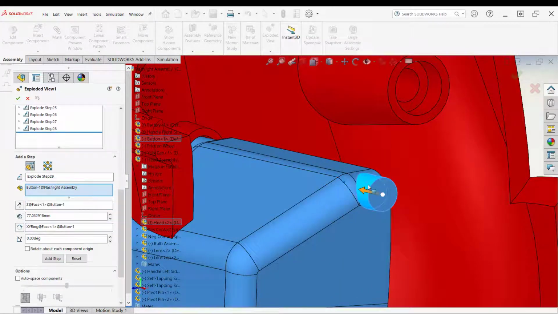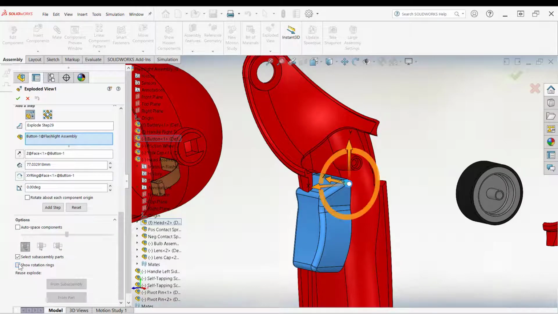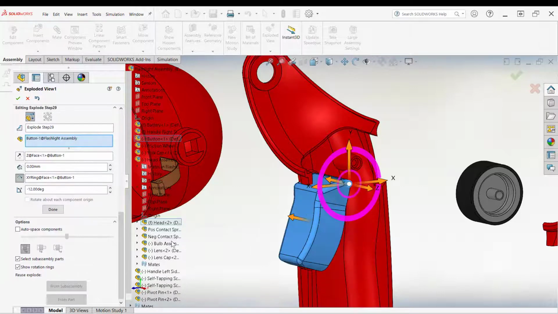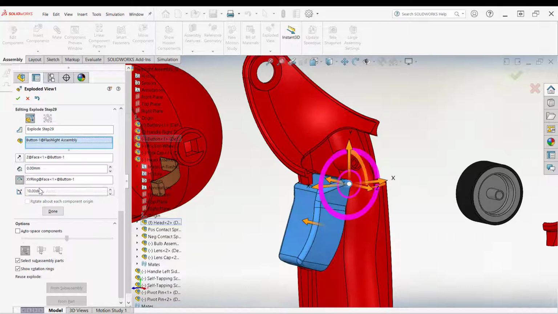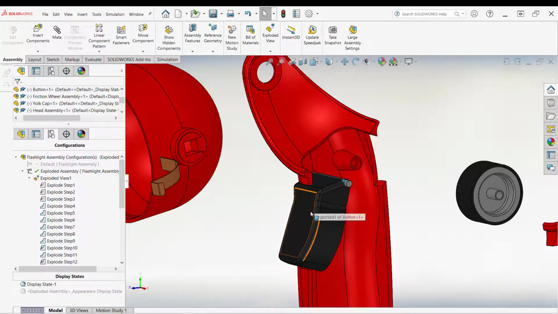We'll select that face again, and I want to rotate that, so I'm going to tell it show rotation, and then I'm going to drag this back a few degrees. And when I let go of it, it went the wrong way, so I'll put in 10 degrees here. Now hit the tab key, and actually that didn't preview it. I'll flip the direction here, and that didn't do it. Well, let's just go ahead and accept that,